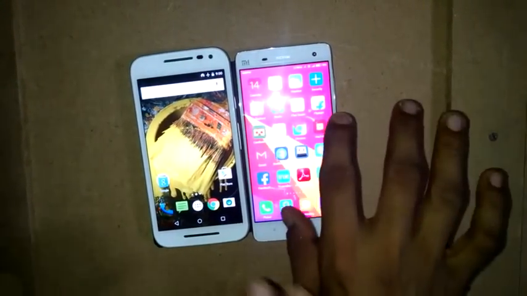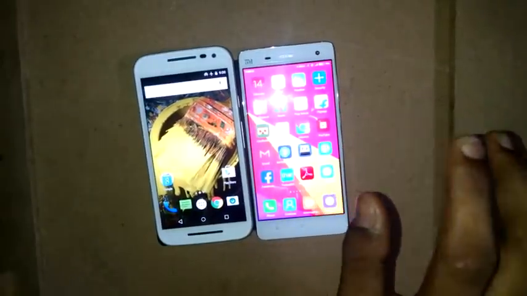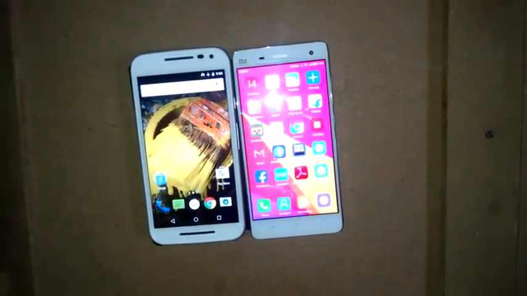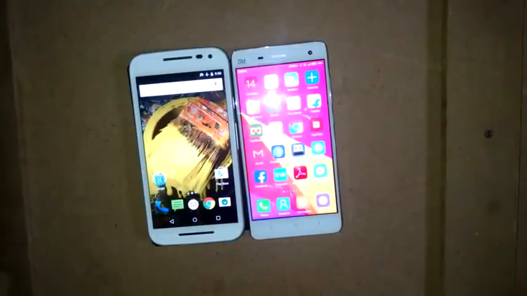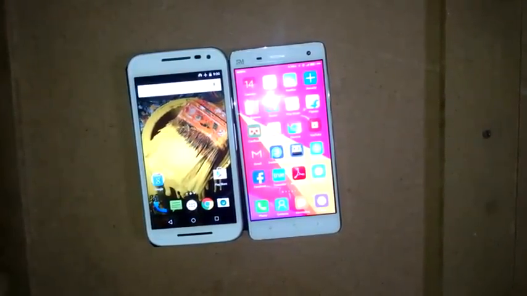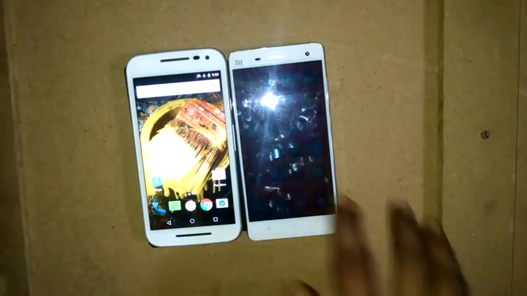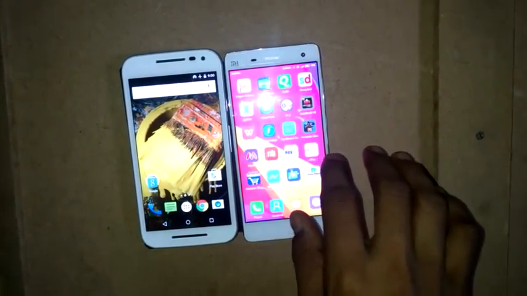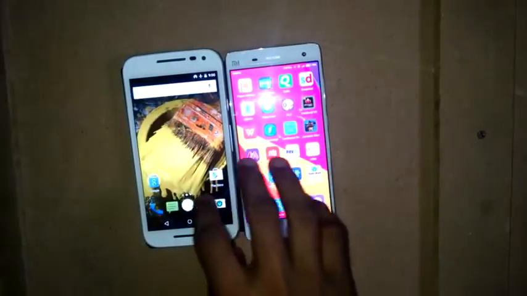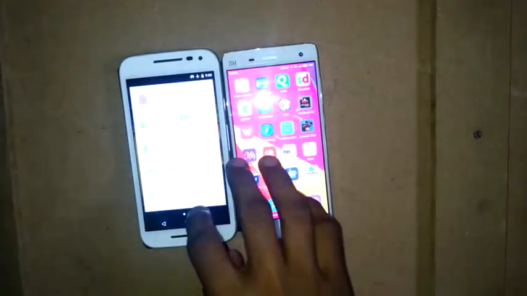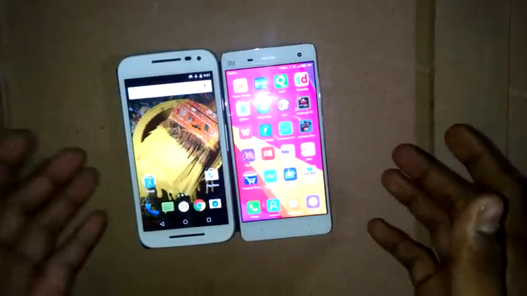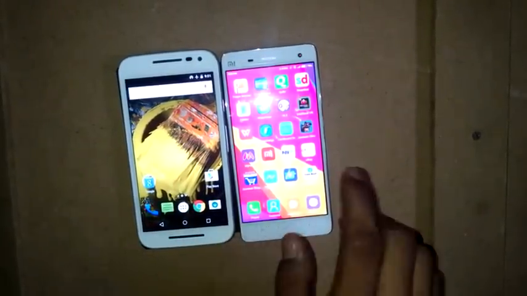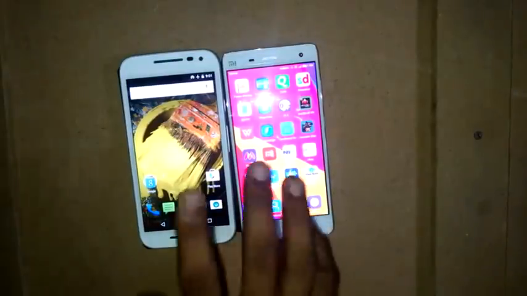And one more thing, some people in our popular locality do not like Chinese brands like Xiaomi, OnePlus and others. Motorola is definitely a more popular brand than Xiaomi or OnePlus. So for those people who don't want Xiaomi or OnePlus phones, this is the best choice available in the market under 14,000 rupees. The Moto G3 is only 13 or 14,000 rupees.